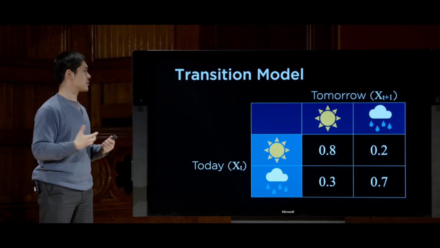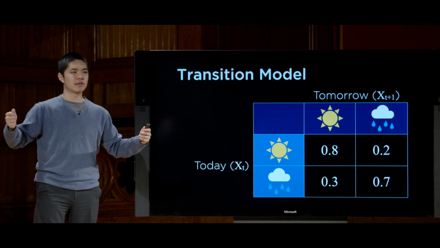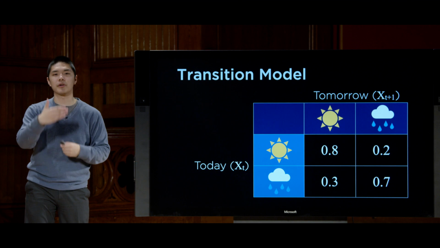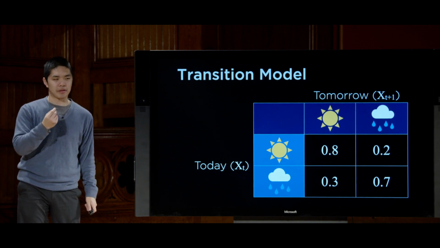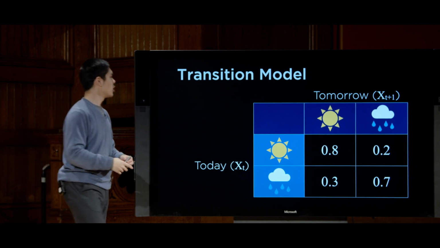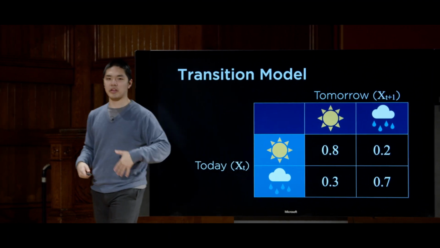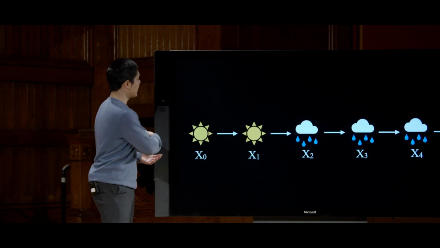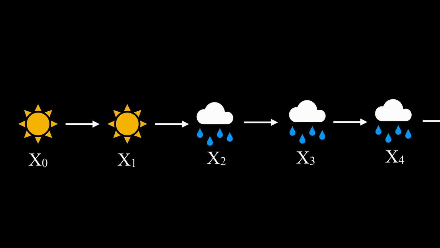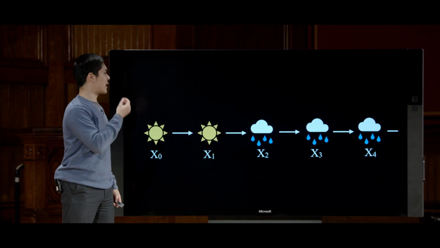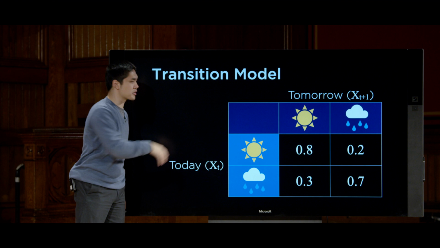And using the transition model, you can begin to construct this Markov chain by just predicting, given today's weather, what's the likelihood of tomorrow's weather happening? You can imagine doing a similar sampling procedure where you take this information, you sample what tomorrow's weather is going to be. Using that, you sample the next day's weather. And the result is you can form this Markov chain of x0, day 0 is sunny, the next day is sunny, maybe the next day it changes to raining, then raining, then raining. And the pattern that this Markov chain follows, given the distribution that we had access to, this transition model here,